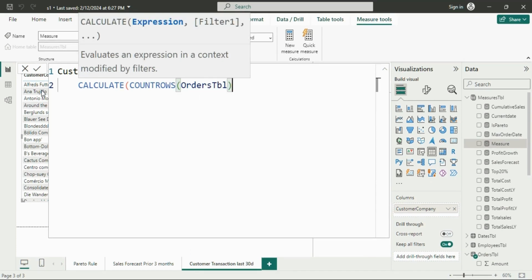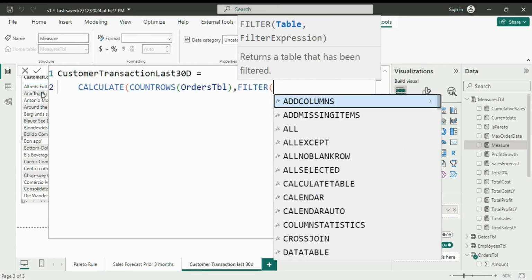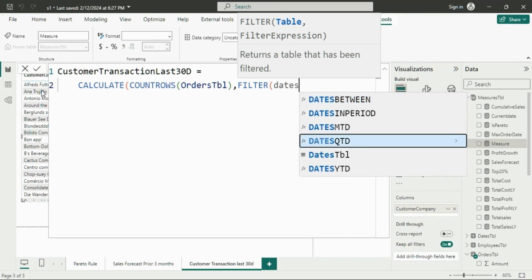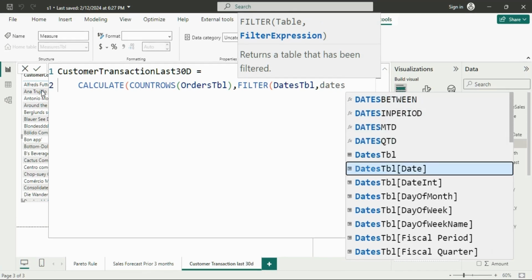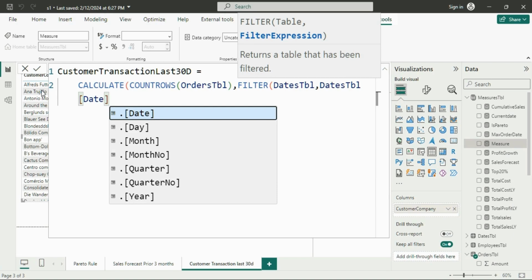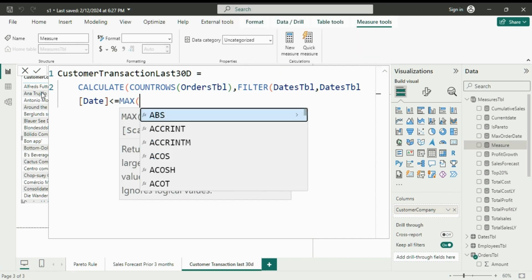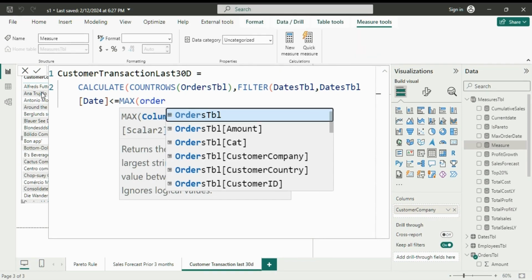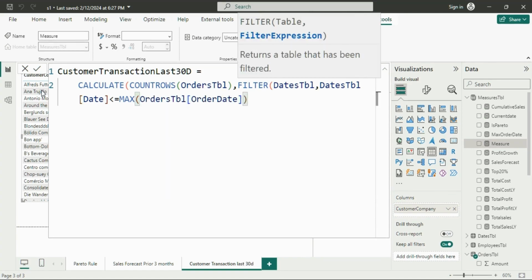So I'll get first the number of orders, then filter these orders using the filter table. The table is the dates table, and in the filter expression, I'll provide this dates table date that should be less than or equals to the max of order date. Yes, max of order date means it is the most recent date. If you use the min of order date, then it returns the oldest date in our dataset. So max of order date and